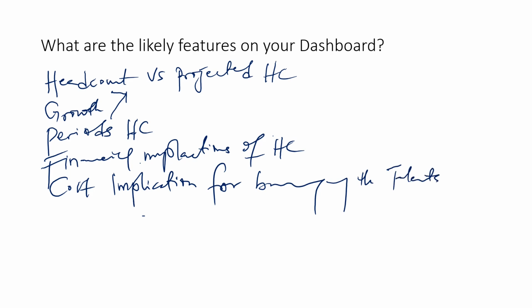Another thing to look at will be the types of contracts. Some will be permanent, some will be independent contracting and all of those. So another thing, quite a lot of things you can look into. Another thing you can also look into will be if you have a